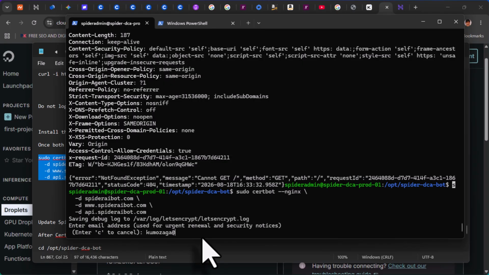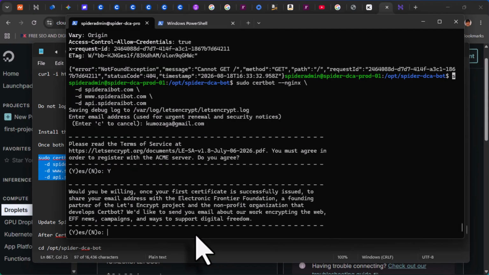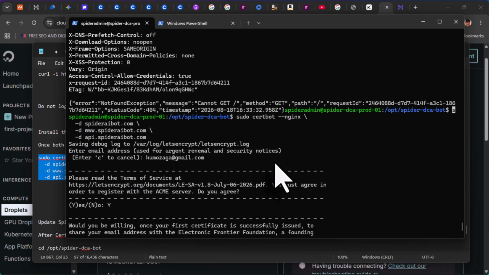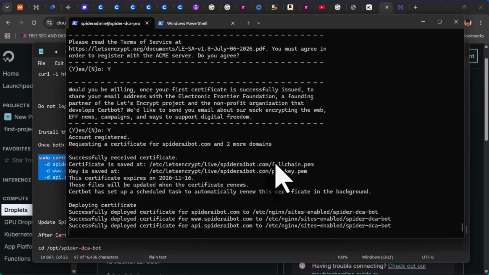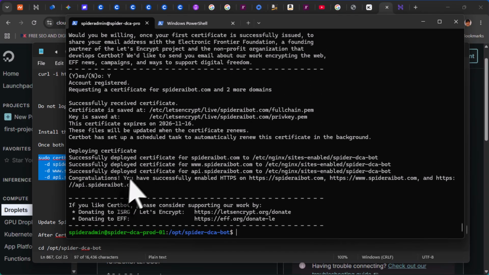So after the email, click enter. Then it will ask you, please read the terms and conditions and accept. Click yes. Type Y and press enter. Then the next thing is, you're willing to certificate and all those stuff. Type Y and enter. So the whole thing has now been fully registered and fully certified. So this time around you can access the domain, right? The SSL certificate has been totally installed. So you can access Spider AI Bot on your web browser, and it will land you on the